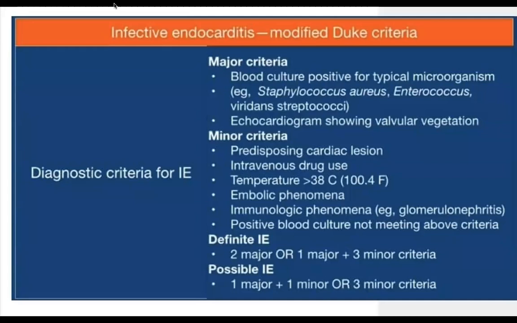Hello. So, diagnostic criteria for infective endocarditis based on the modified Duke criteria. We have two major, or one major plus three minor, to get definitive endocarditis, and possible infective endocarditis if we have one major and one minor, or three minor criteria. Major criteria include blood culture positive for typical microorganisms such as Staph aureus, Enterococcus, viridans Streptococcus, and also Strep group B, Strep group D,